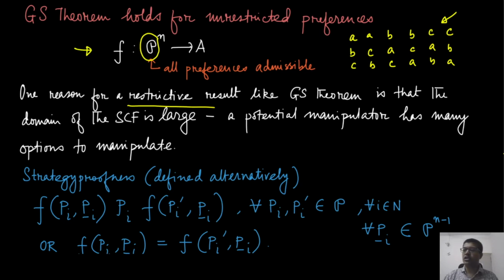So if somehow, let's say, we could have restricted the number of preference profiles to a subset of it, maybe something like this, then all the social choice functions which were strategy proof here would still continue to be strategy proof in that smaller domain, but maybe we can actually have more social choice functions which satisfy this. What is the reason for that intuition?